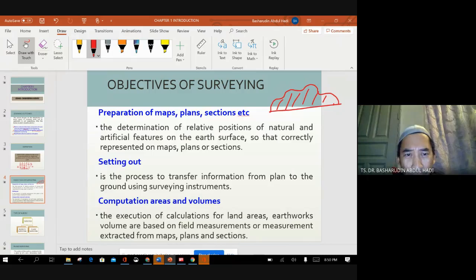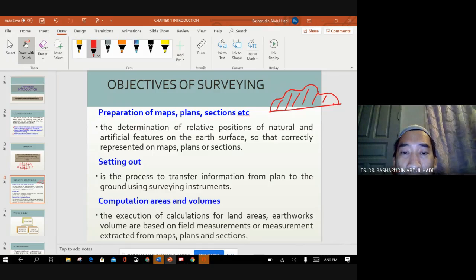Okay, the determination of relative position of natural and artificial measure on a surface so that it is correctly represented on maps, plans or sections. So everything on the ground, we want to know the plans, the maps and the sections for that place because we want to know the quantity, we want to know the price, we want to know the neighbor, the adjacents, who is our neighbor, what is the effect,